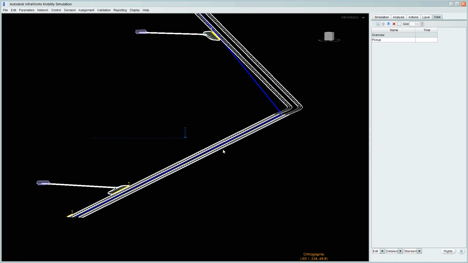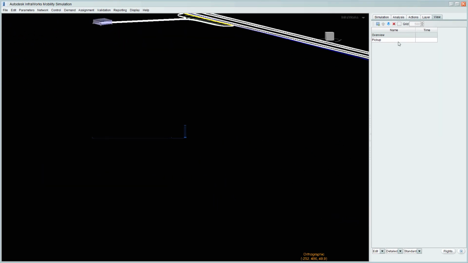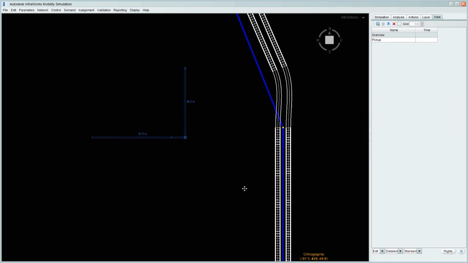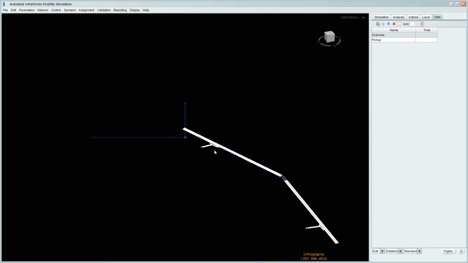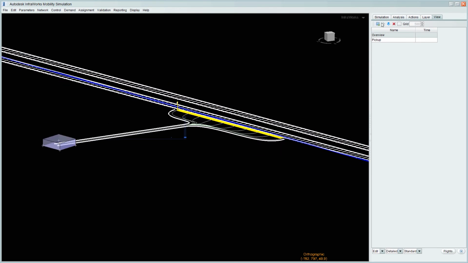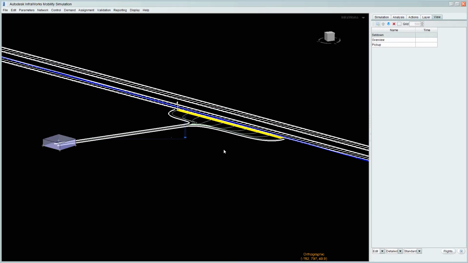Like so. And then if we zoom in a little bit, we should be able to get a nice view of that. So, and that can be the set down.